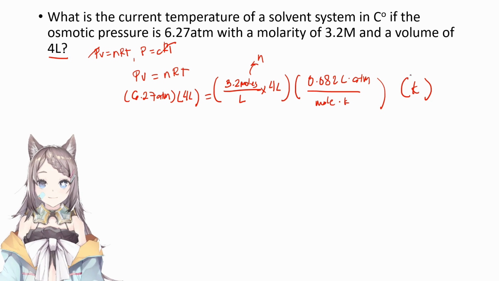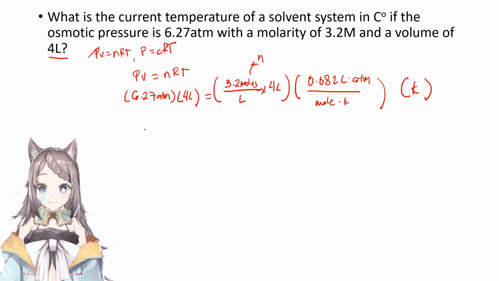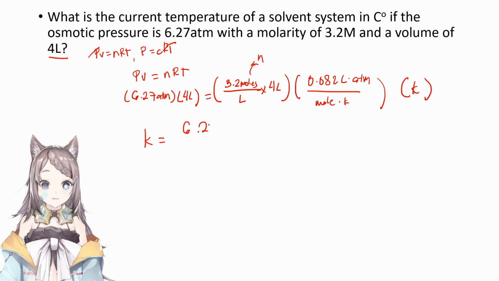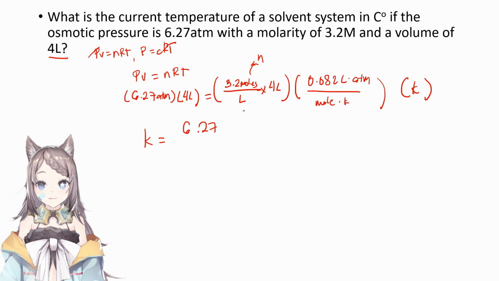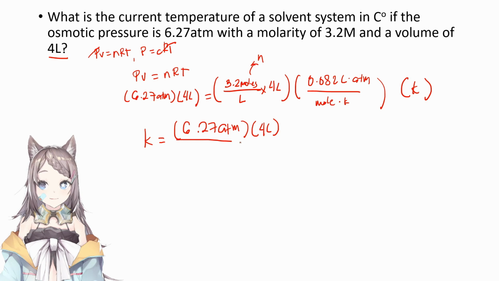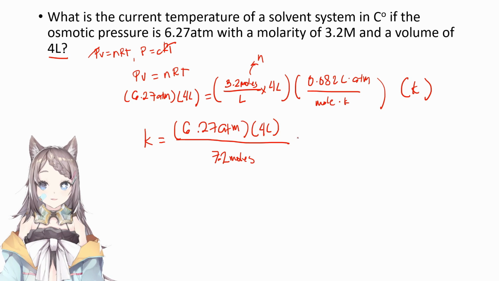So let us isolate everything to one side and leave Kelvin on the other. Okay, so Kelvin equals 6.27 atmospheres multiplied by 4 liters over 7.2 moles multiplied by our gas constant in the inverse, mole Kelvin,